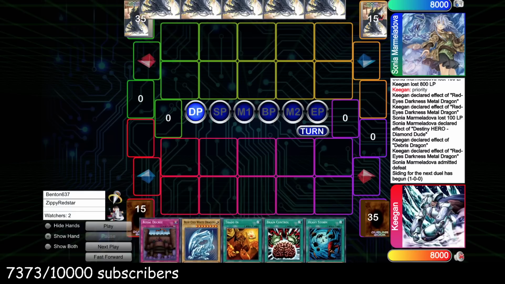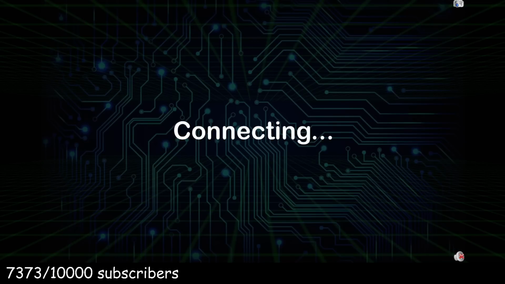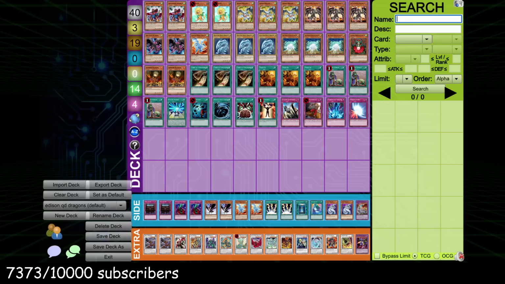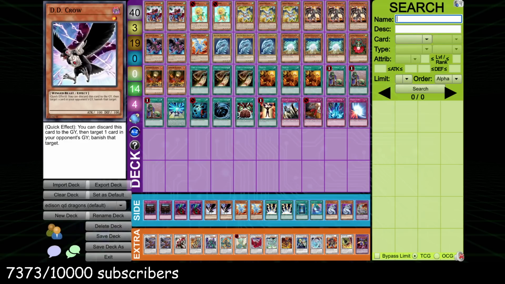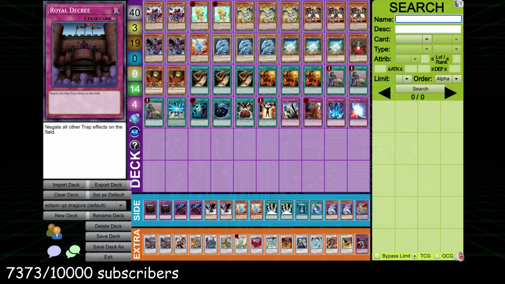In game 2, let's go ahead and look at the sideboard that I have in this deck. Damn it, I'm going to get kicked off Dueling Book. Never mind. Where were we? Okay, in the sideboard, we've got double Royal Decree. I brought these in. And then I also brought in 1 DD Crow for no reason. And that's it. I think I might have brought in the Dragos, too, 1 DD Crow, and 2 Royal Decrees, and I sided out...